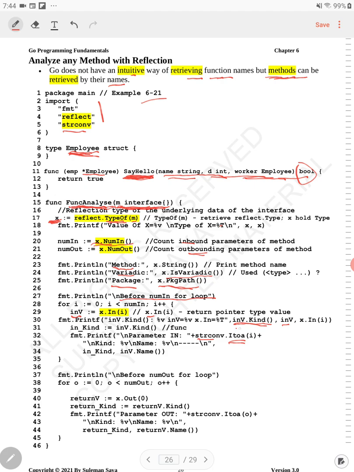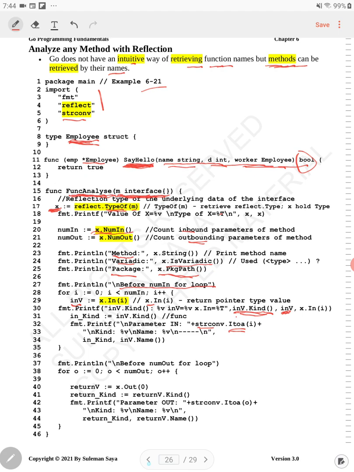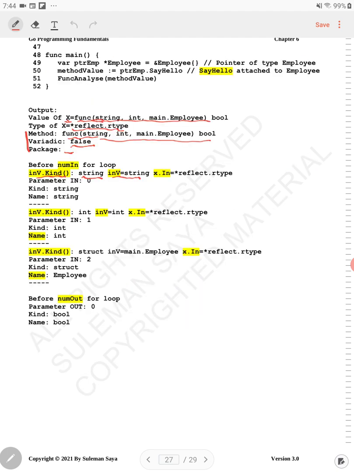So this in v and in v.Kind, they both are the same type. They both are telling us that it's a string. And if we go to the output again here, and then x.In,